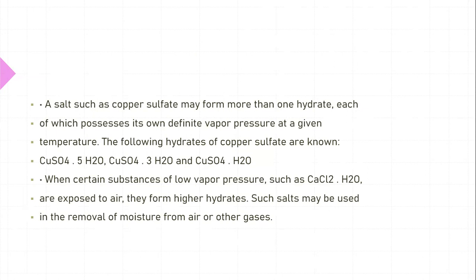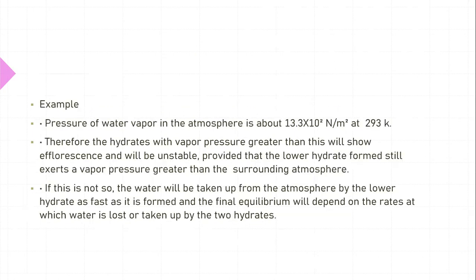When certain substances of low vapor pressure, such as calcium chloride, with water are exposed to air, they form higher hydrates. Such salts may be used in the removal of moisture from air or other gases. They are used at certain times to absorb water from the air or gases, as they capture water from the atmosphere. For example, the pressure of water vapors in the atmosphere is about 13.3 into 10 square Newton per m